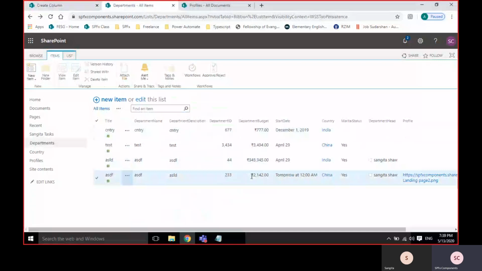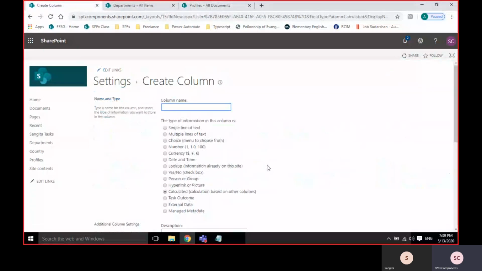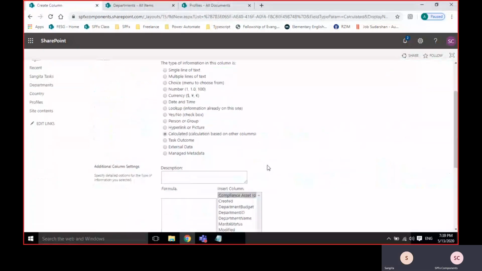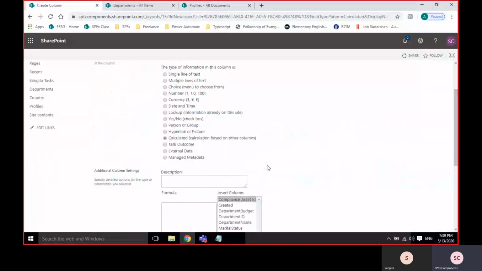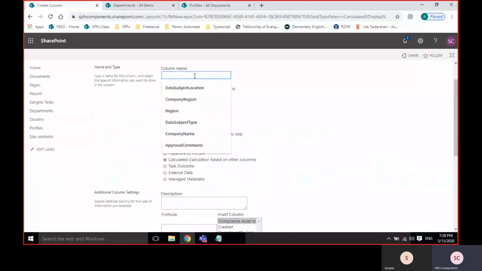That means monthly budget into 12, and automatically I have to do it. So I have to take the current existing column value and multiply it.